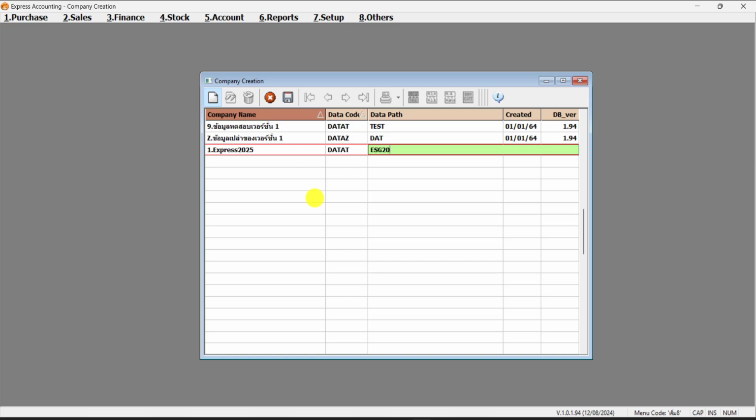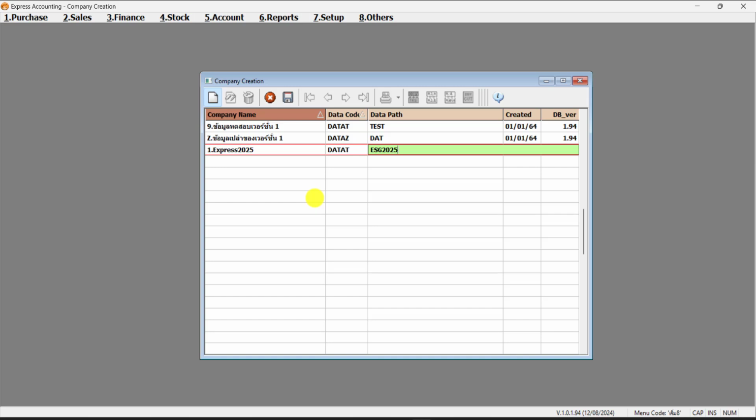The third column, data path, defines or creates a folder where all the company's data will be stored. It is recommended that users name this path using an abbreviation of their business, followed by the year of the data. However, there are specific constraints to consider. First, the name must be composed using English letters and numbers, avoiding Thai characters. Second, the name cannot exceed 8 characters in length. Although users can input more characters, the program will only recognize the first 8. Third, users should refrain from using spaces or slashes within the name if possible. Fourth,